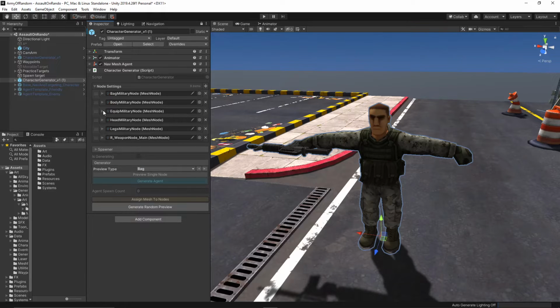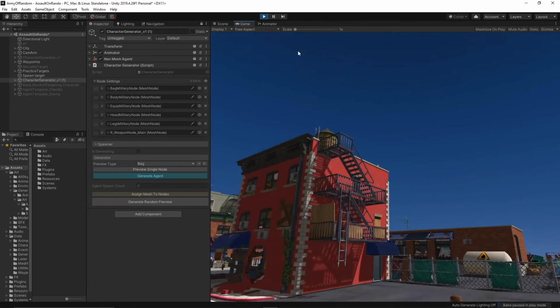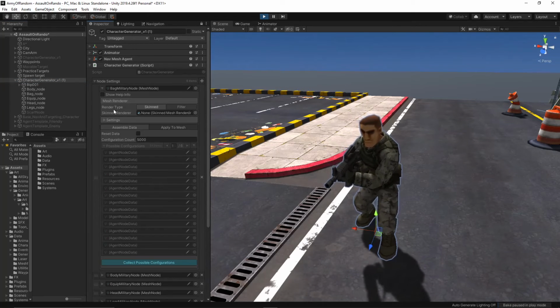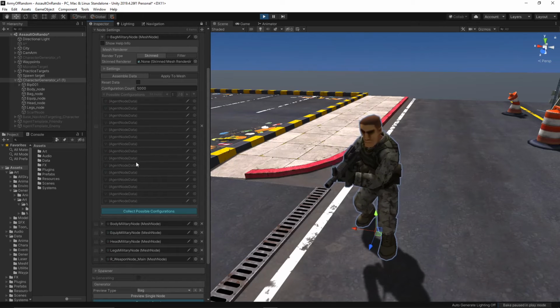And we'll go ahead and hit play so we can assign the nodes, the mesh nodes, and I'll show you how that works as well. So the character generator essentially looks for the different labels of the nodes here, and it looks for the mesh, and it assigns the mesh. Now you can see right off the bat, right off the start, it went ahead and generated all the different possible